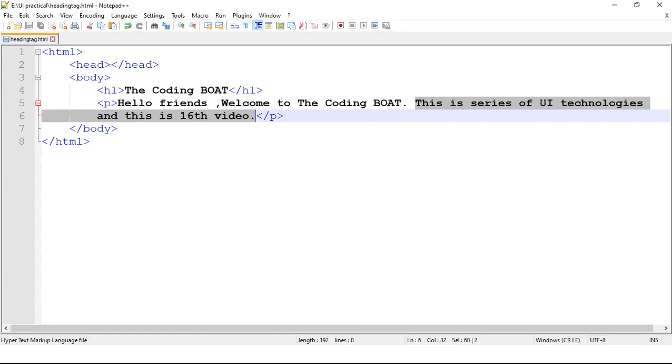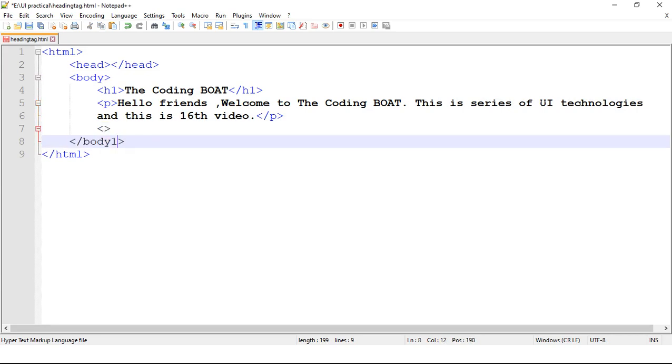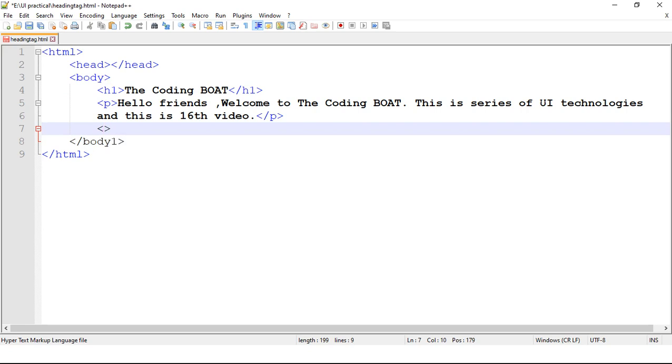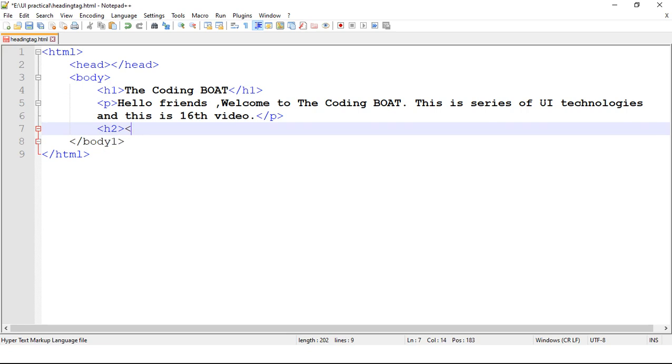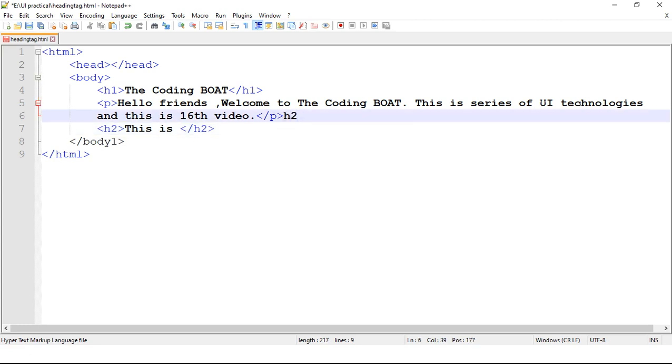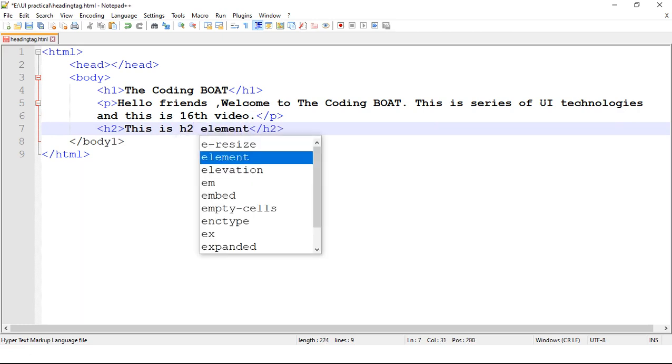Now what I am doing, I am making use of another heading just for understanding purpose. Okay, h2, this is h2 element.